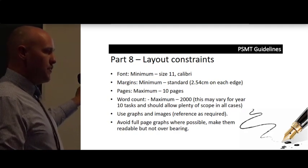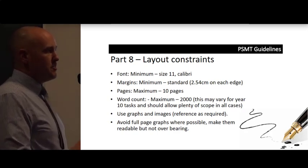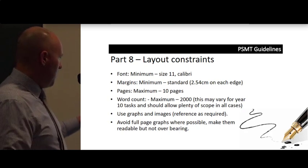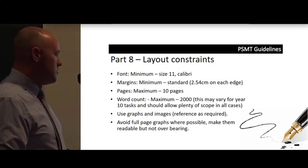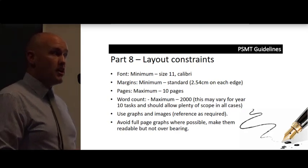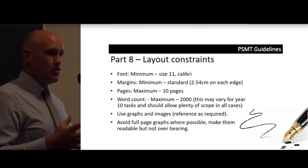If anything, if you are efficient and effective, it's probably too much for the Year 10 task, but the scope widens a little bit in Year 11 and 12. Use graphs and images. If you use an image that you didn't create, you have to reference that. If you create a graph, for example, for the math methods task,